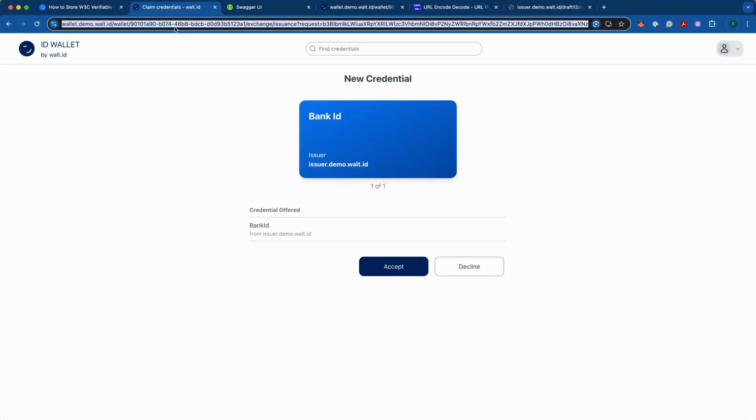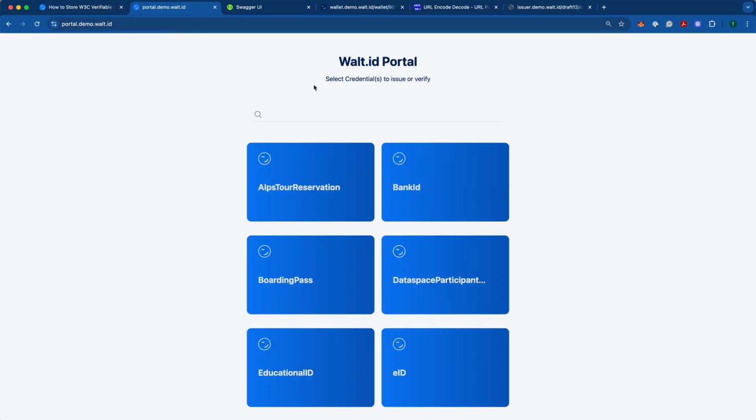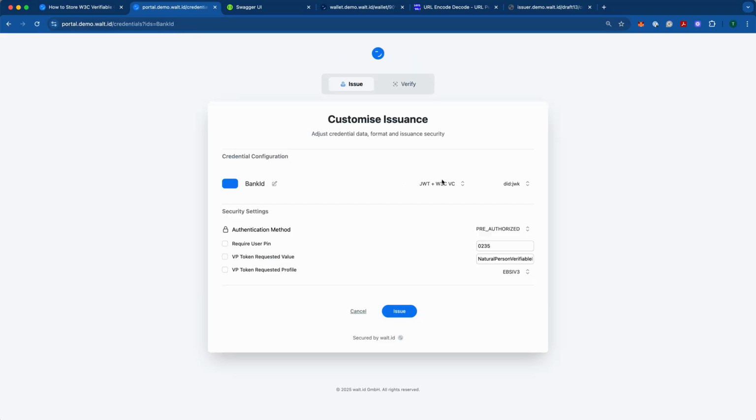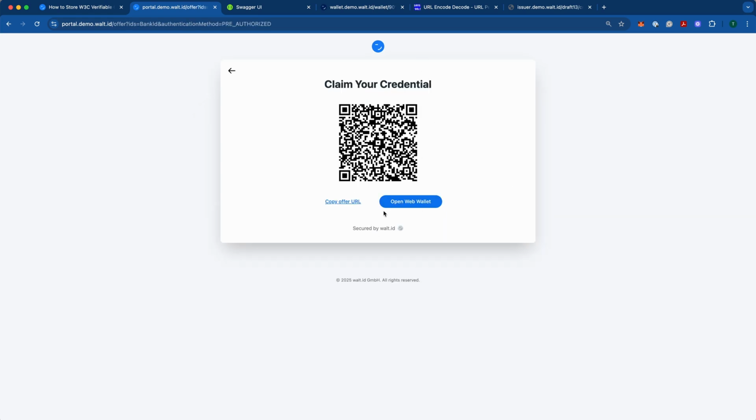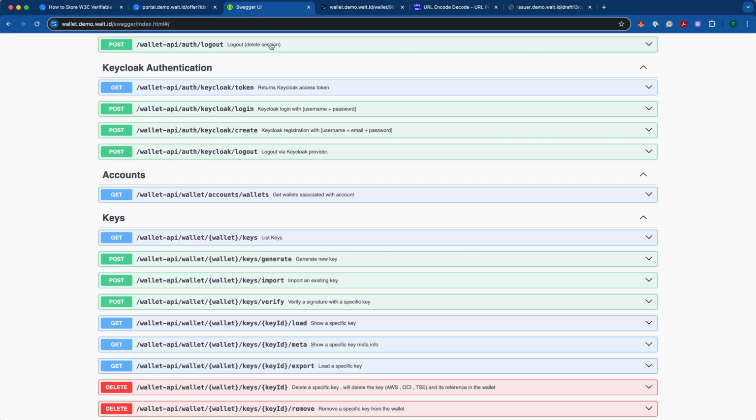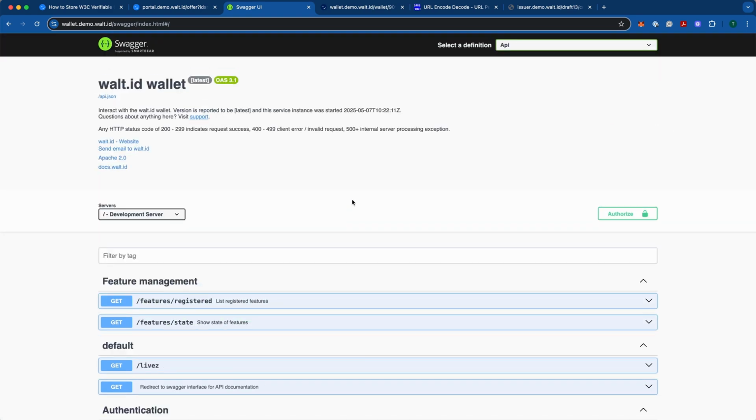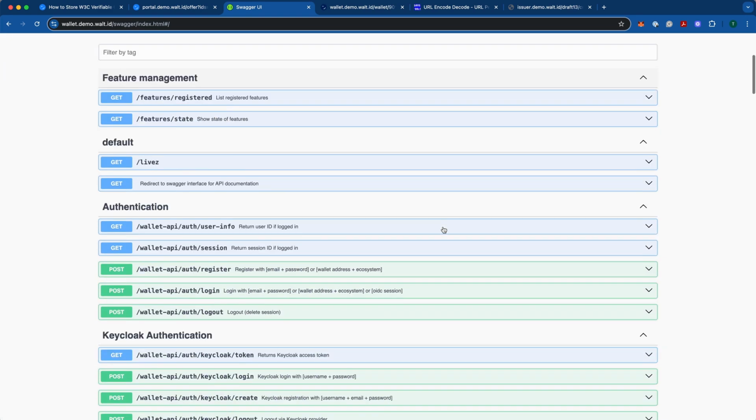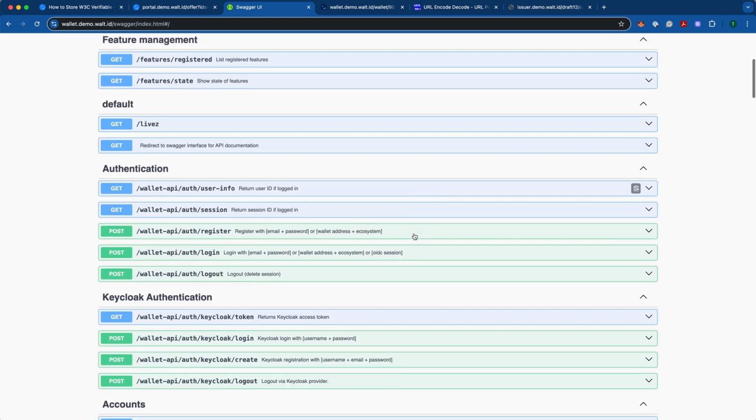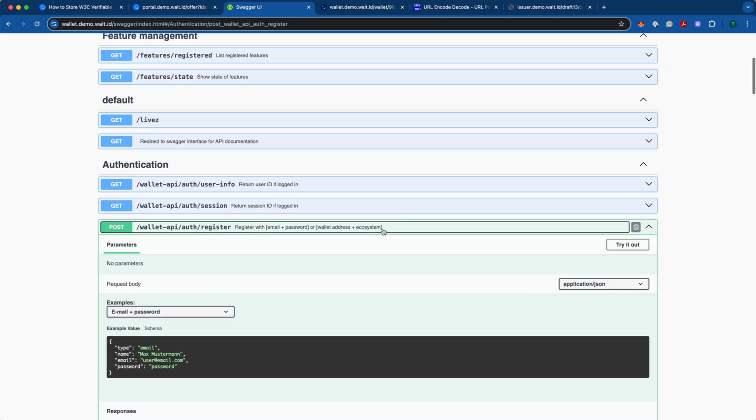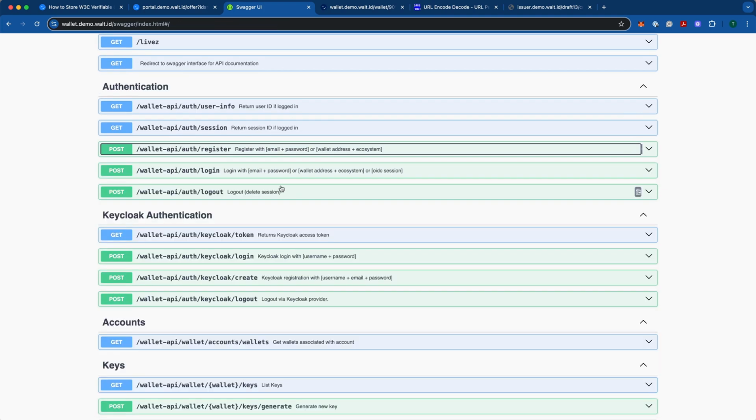So quickly going back here to the portal, I will again select here the IETF SD-JWT format. I will copy this offer URL and now go to the wallet API. So here in the wallet API, I'm already logged in as a user. If you don't have yet an account, you could just go here and register one and then use this login